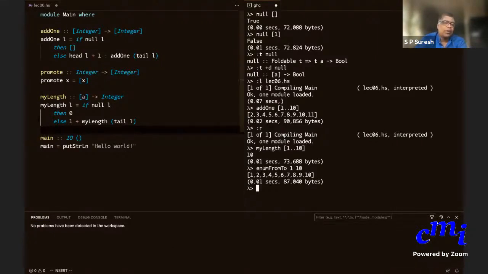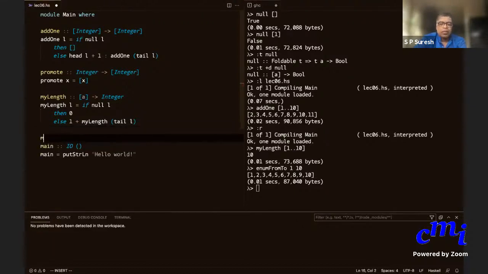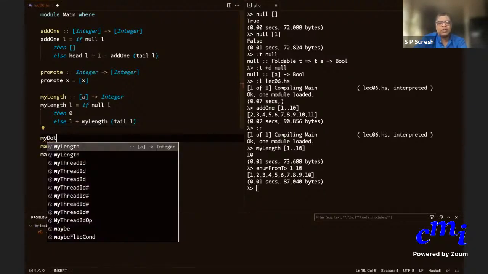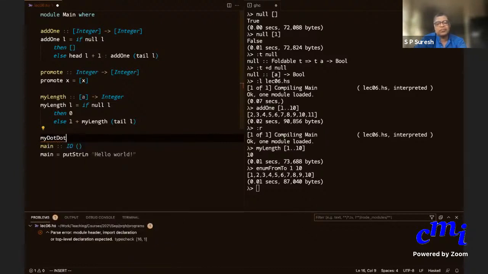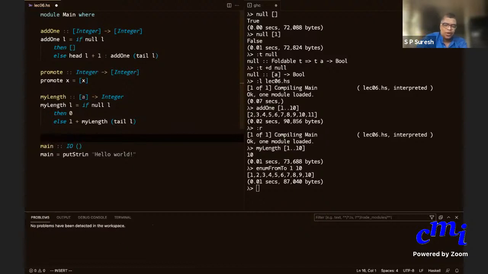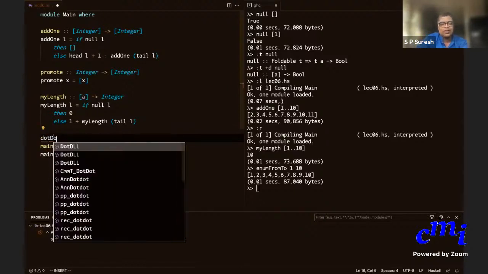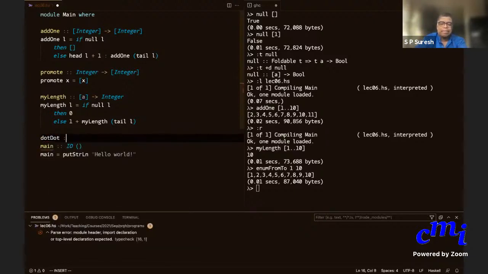How would you be able to write a program for this? Let me call it dot dot. What are the arguments here? How many arguments? 2.